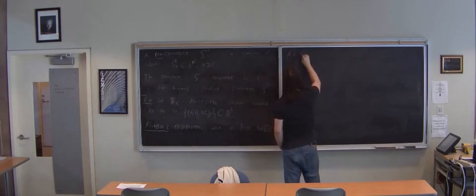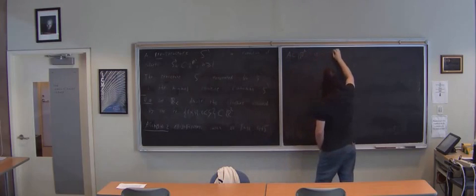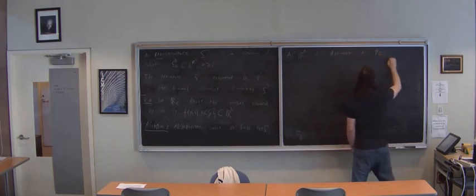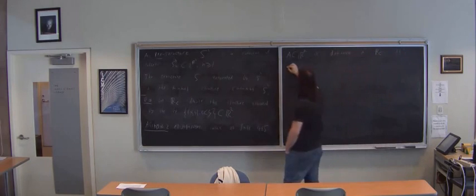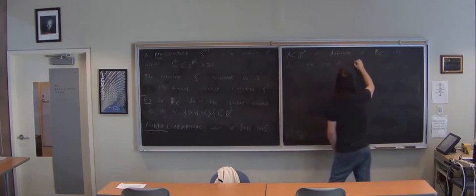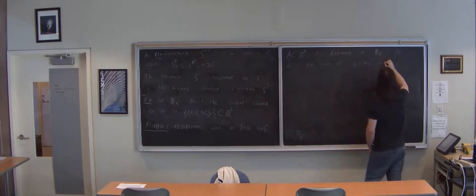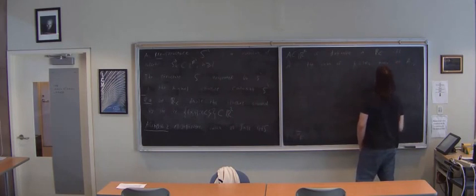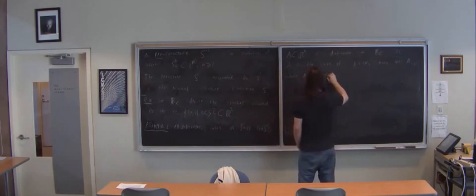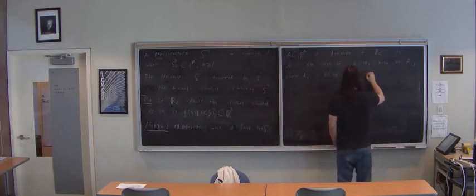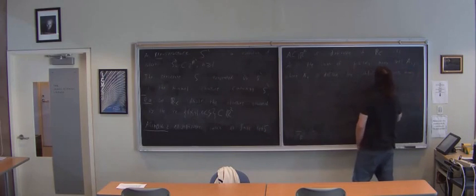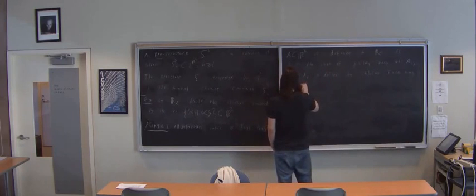A in Rn is definable in the structure R less than if and only if A is the union of finitely many sets Ai, where Ai is defined by imposing finitely many relations of the form